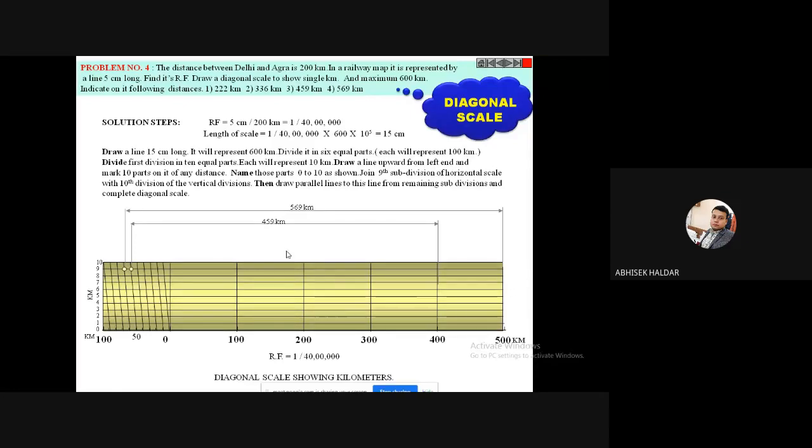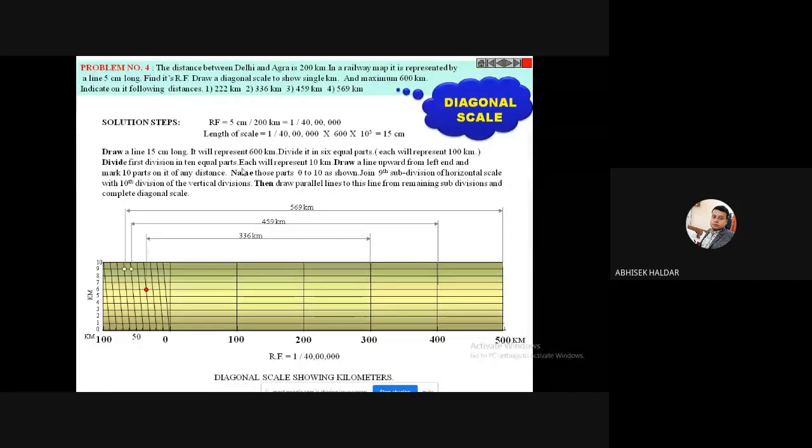Okay, I am showing you another 2 also. If you have any doubt, please ask me. 336 means 300 plus 30 plus 6. So 0 to 300, I have drawn this line, and this is the point. How I am getting 36: 0, 10, 20, 30. 30 then 6. 1, 2, 3, 4, 5, 6. This red point is the required point I have to mark, and I have to show this distance, 336 kilometers.